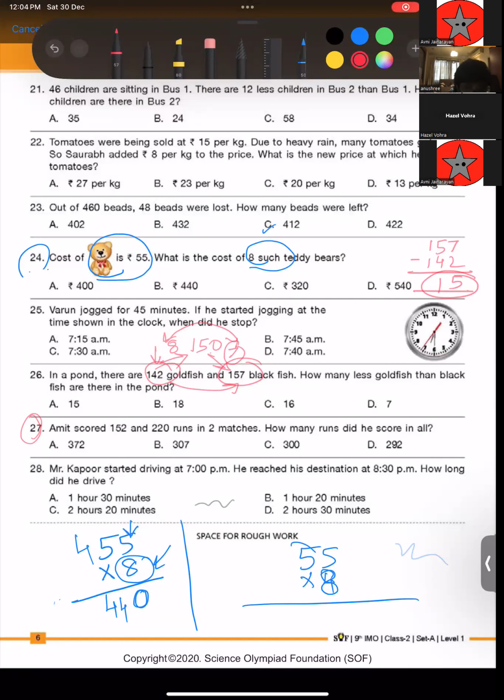It is 72. Okay, proceed to the next one. I'm yet to check. Okay, Hazel, Samira, do question number 28. E. 1 hour and 30 minutes. Okay. Now question number 27. Kabir, Kiara, Sakshi. Is it difficult? Is it difficult, children?